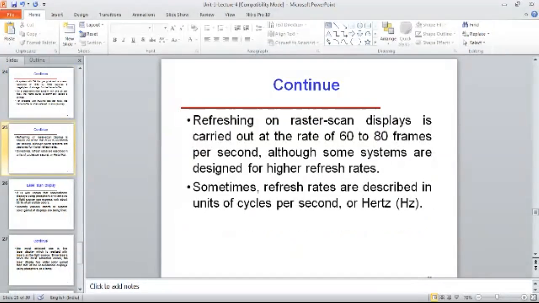So refreshing on raster scan display is carried out at the rate of 60 to 80 frames per second. Here the refresh rate is higher than the earlier case. Although some systems are designed for higher refresh rates, more than this. So it is the basic one, 60 to 80 frames per second, means the screen is changing the earlier images